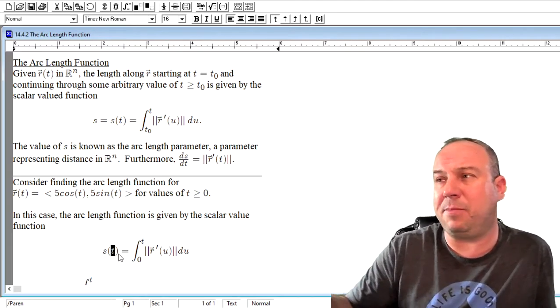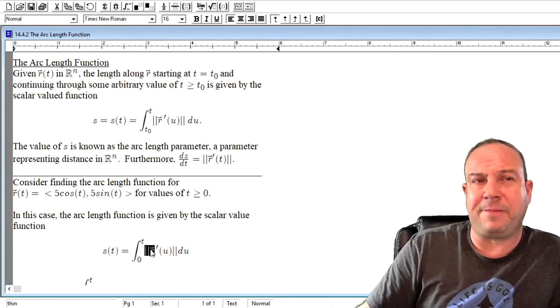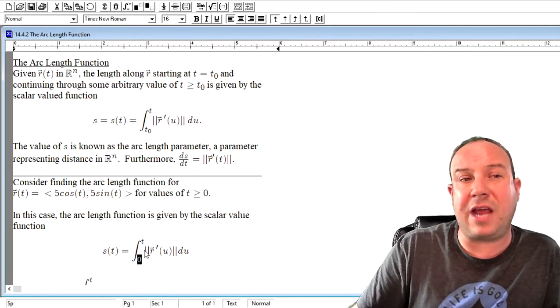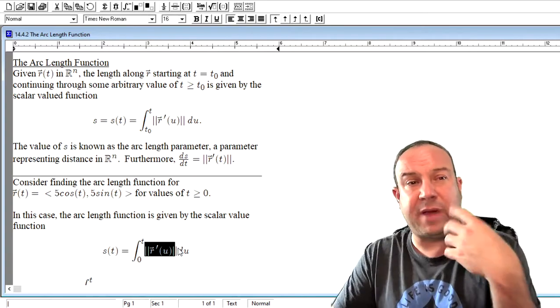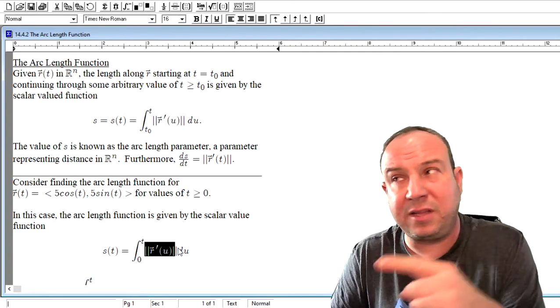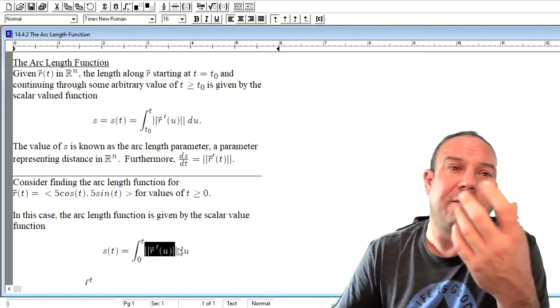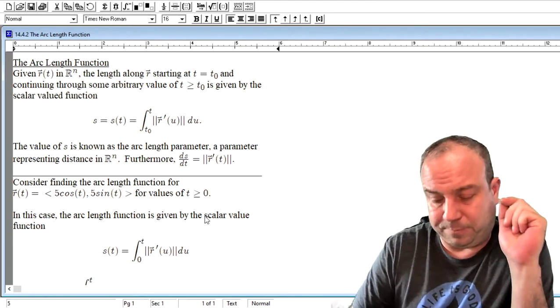That here is going to be dependent upon that parameter t, right? Some value of t greater than or equal to that value is 0. And what we're going to have to integrate across is the magnitude of what we might think of as our description of speed with respect to u, that dummy variable, or the magnitude of r bar prime of u, du. Now,